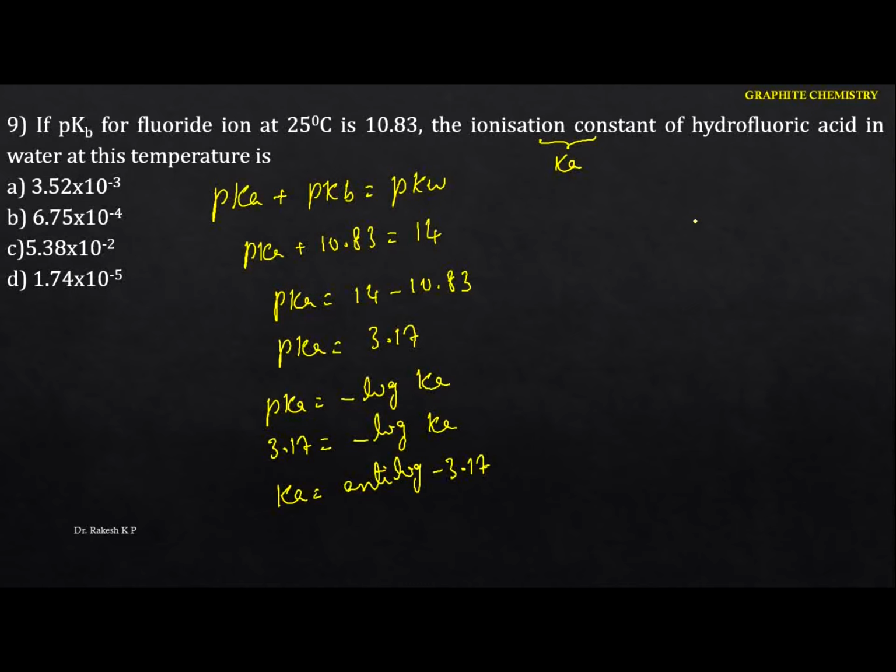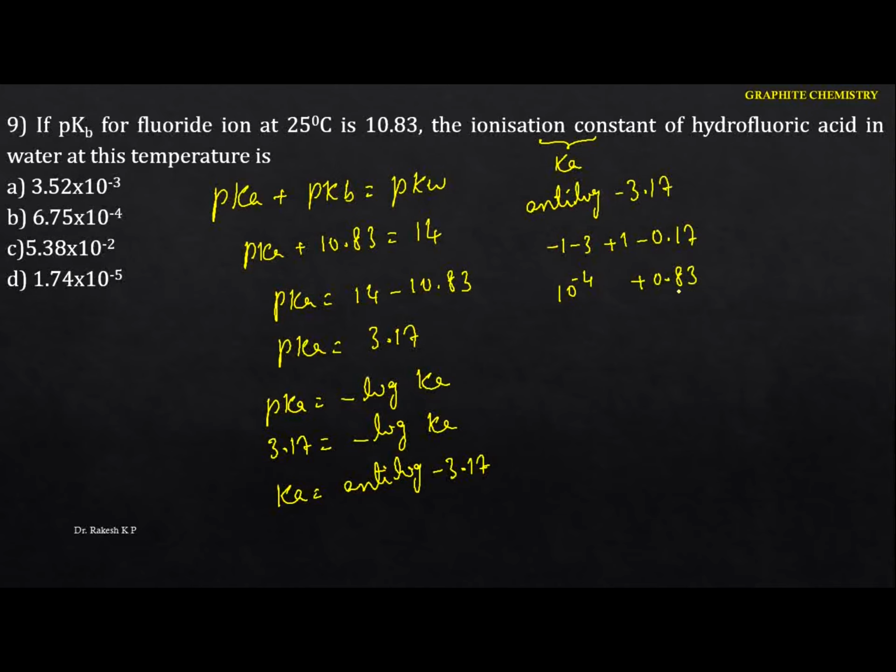So let me take this one here. How are we going to identify the anti-log of minus 3.17? This is a negative value, hence I am going to write minus 1, minus 3 plus 1, and plus 0, minus 0.17. So this becomes 10 to the power of minus 4. Directly I am going to write it, and here we have the value plus 1 and minus 0.17, which is nothing but plus 0.83.